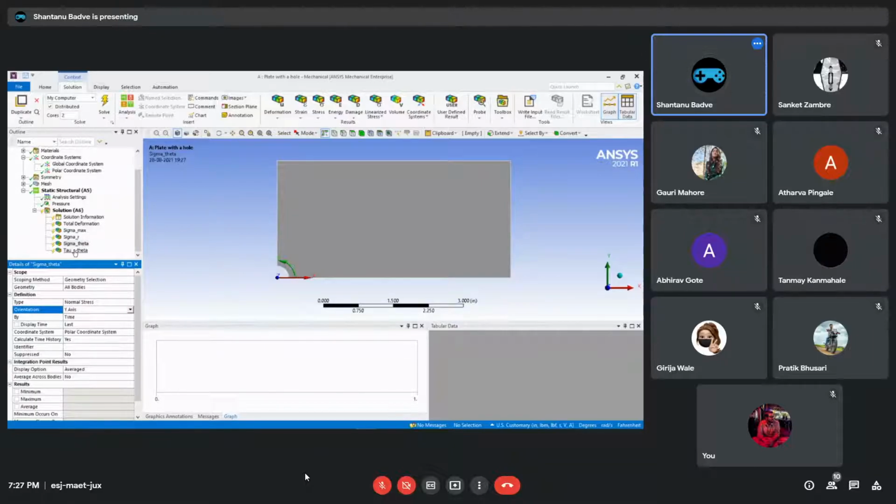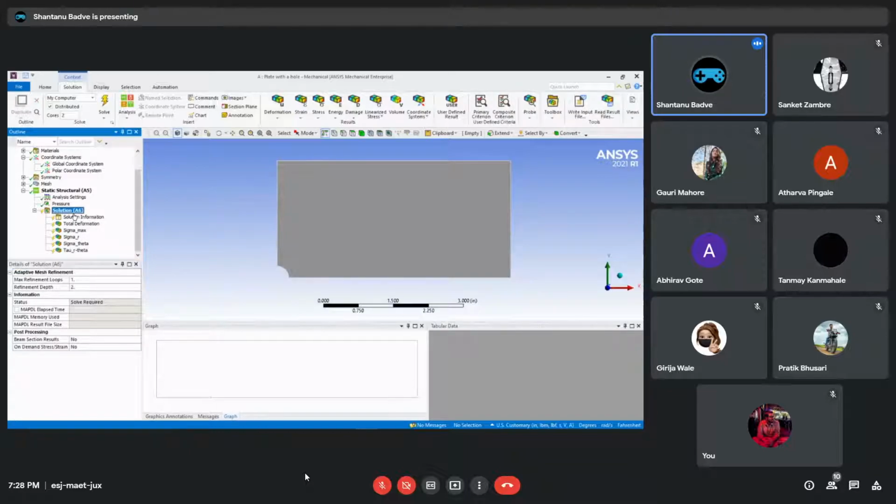Okay. Second thing is tau r theta. Now tau r theta is actually an xy component, because shear is applied in both x and y directions. We know that from the FBD that we just drew right there. But it does not use the global coordinate system, it uses the polar coordinate system, so we just set it to that. So now we are done defining what we want to see. We are done calculating what we need to see. We are done defining the geometry. We are done defining the mesh. We are also done defining what we need to see through the software.